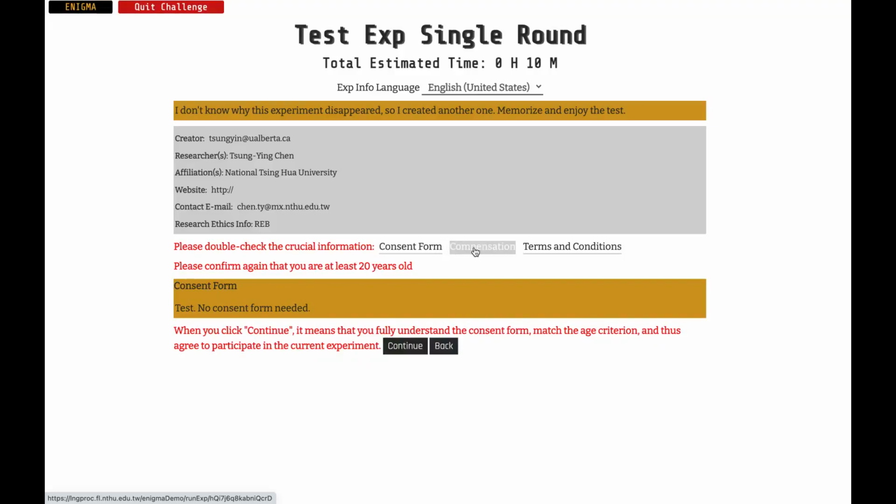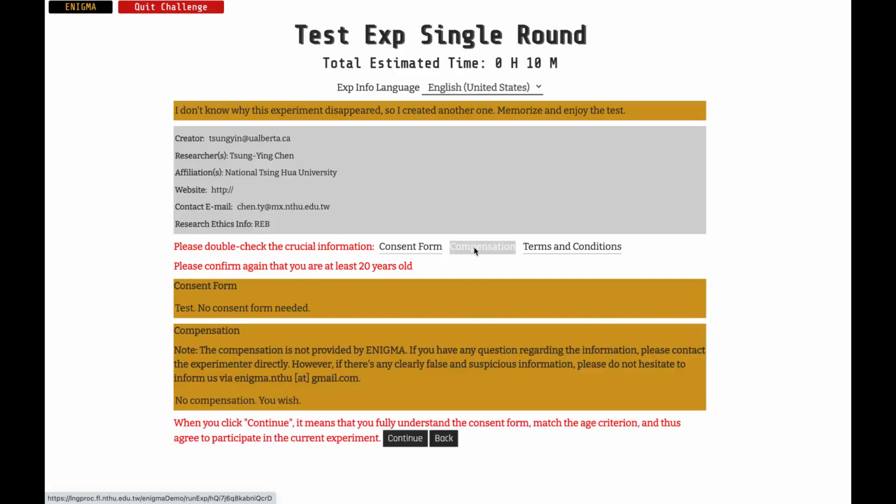Next, if the challenge is still recruiting challengers, you can check the compensation offered by the experimenters and whether you're eligible for receiving the compensation. Again, don't feel disappointed if you find there's no compensation or you're not eligible. The best compensation would be knowing you're contributing to language research. Of course, we know it's even better if you can have something in return for your participation.